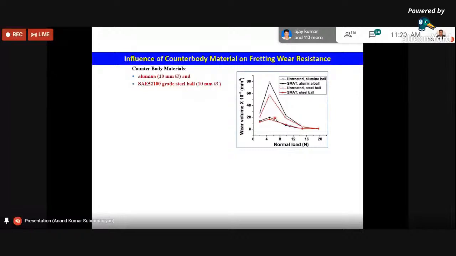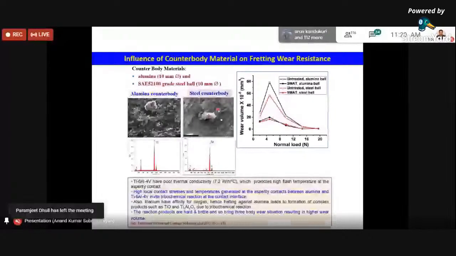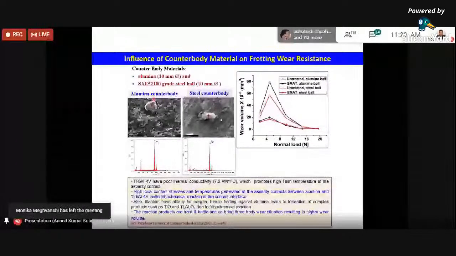When we use the steel counterbody, it is going to induce a lesser wear volume compared to the alumina counterbody. The reason is that a tribochemical reaction happens at the interface, and there are going to be tribochemical reaction products which will be brittle in nature,